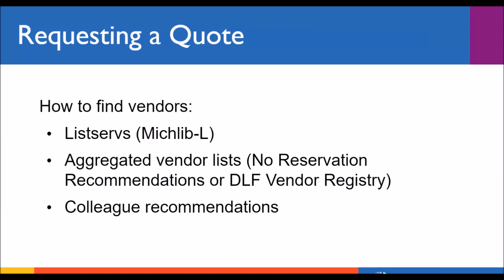So once you've decided to use a vendor for a digitization project, the next step is to select which vendor. This will depend on many factors, such as the vendor's location, the cost, their capabilities, and the quality of their work. One of the best ways to do this is to request a quote or a proposal from vendors. You can either make a request for a proposal, also called an RFP, or you could reach out to specific vendors for quotes. Now, if this is your first digitization project or your first time speaking with a particular vendor, it's worth a phone call or a meeting to discuss the project, your needs, and the vendor's capabilities.